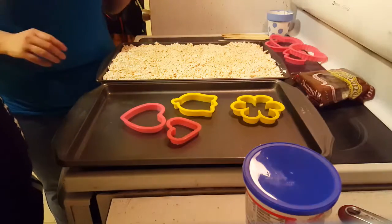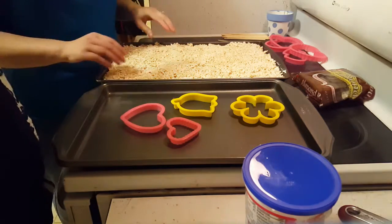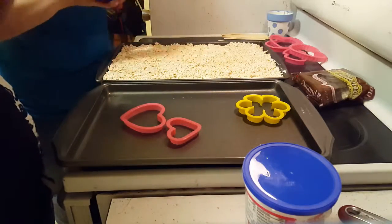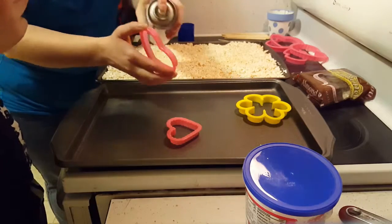Okay, alright, so next step is cutting them out after they've cooled, because otherwise they'll be all mushy and gooey. Right, so what you want to do, just like with the spatula, you want to slightly grease your, and okay,